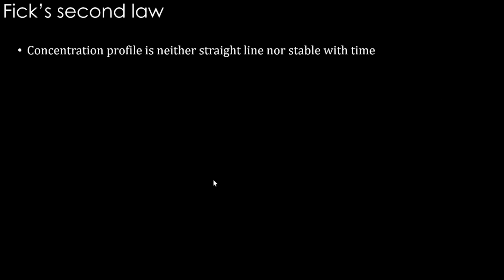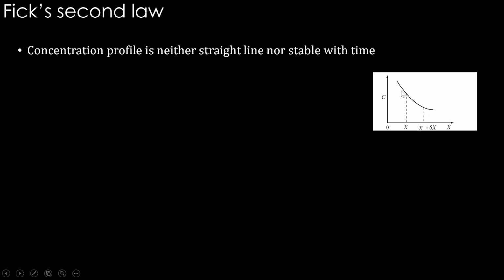So let's start with Fick's second law and see what it is. It's quite simple to understand. First start with this concentration profile which is neither a straight line nor stable with time. Something like this. This is not a straight line, and imagine this is going to change with respect to time, something like this or something like this. Let's mark a couple of locations on the x-axis. This is basically the distance in the material itself. The concentration at this point x is this much, and at x plus delta x is this much, and dc by dx is not a straight line.